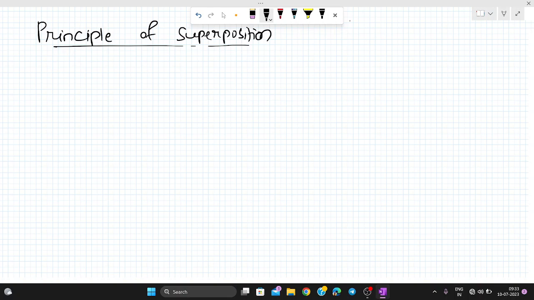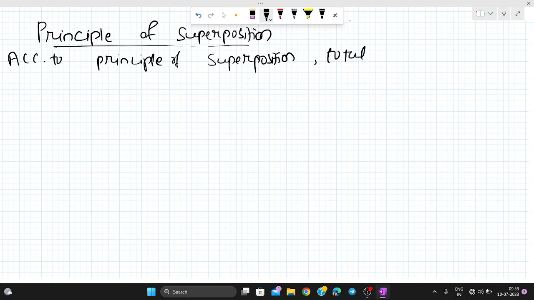So what does it say? According to the principle of superposition, total force on any charge